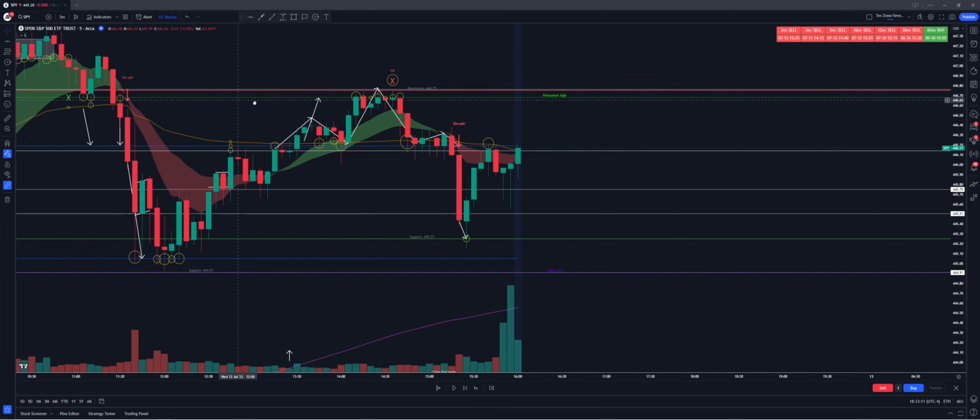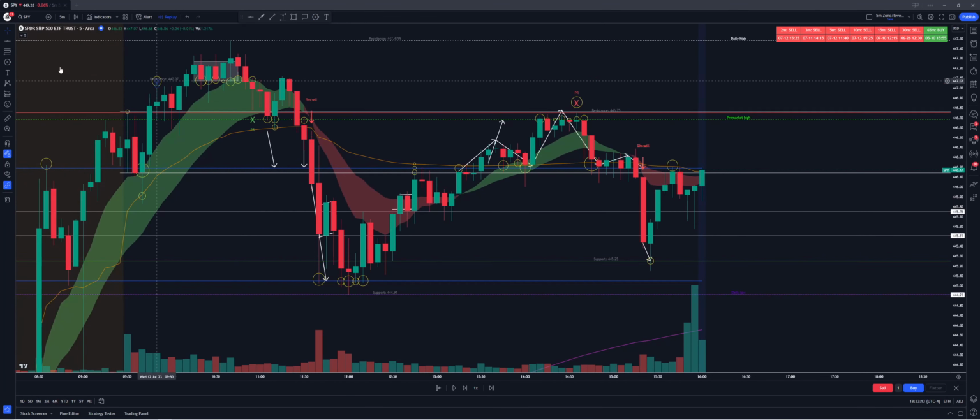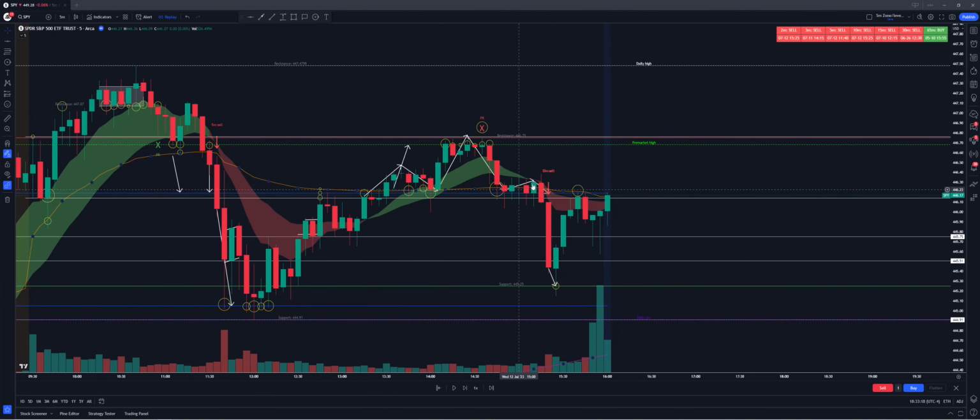So just to recap, you can see we had a nice 5-minute sell signal here, followed by a push to the downside to our key level. We had this nice head and shoulders formation, potential reversal signal, push down, formed the right shoulder, sell signals again, made a nice push down to this auto support, and then reversed and keep projecting this same area for a nice little pullback and then close